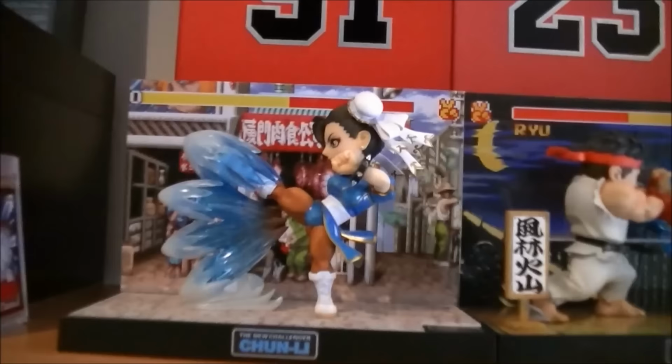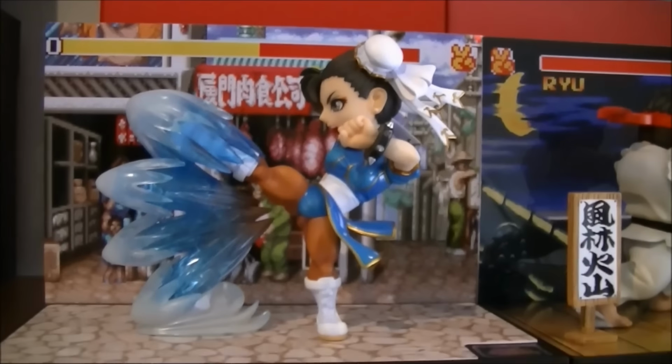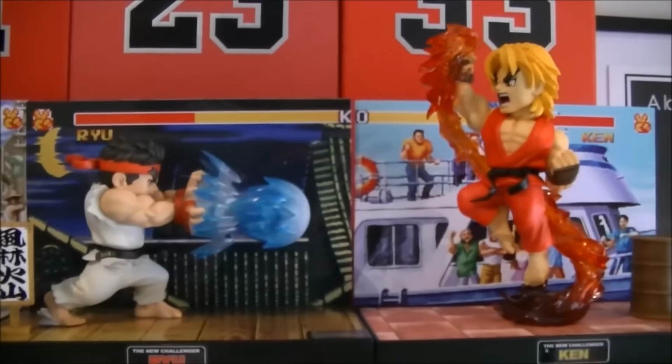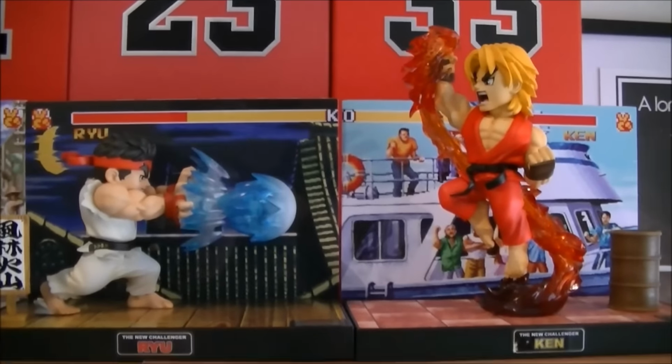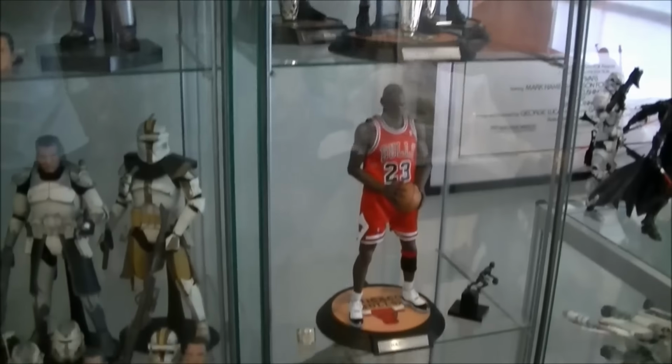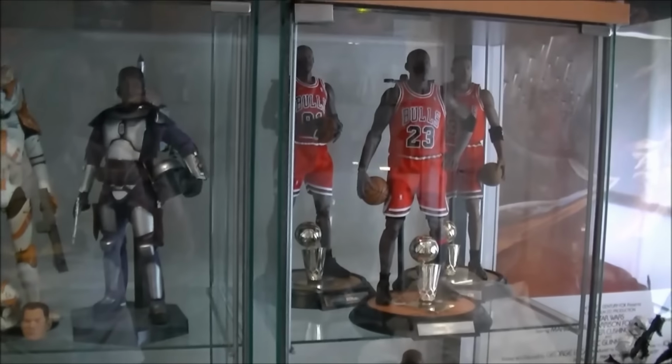The old Bishoujos there, nothing too much there. I did get the Big Boys Toys Hong Kong Chun-Li recently, and hopefully their Guile isn't too far behind. They'd have shown some teaser pics of that, and it does look pretty damn amazing. These two shelves, I do love the old iconic bulls from the 90s, so I'll never get rid of those